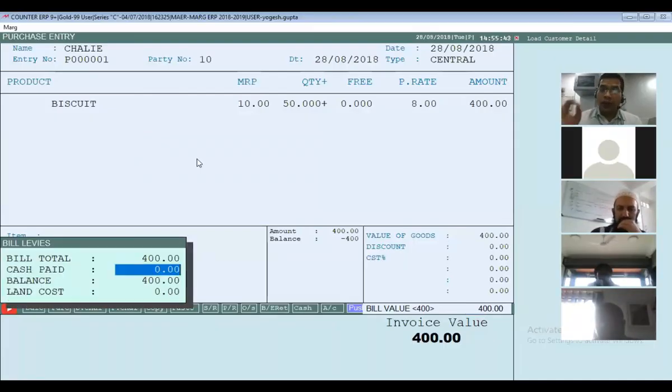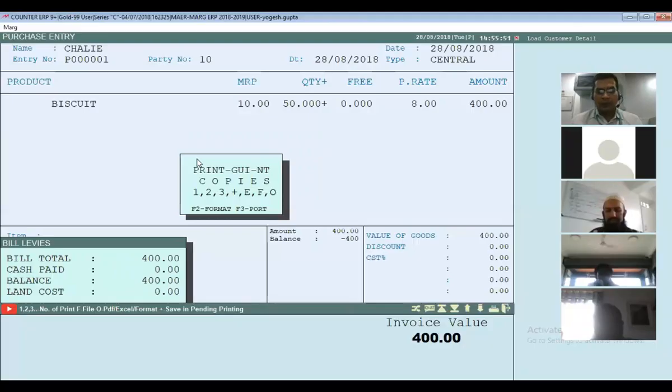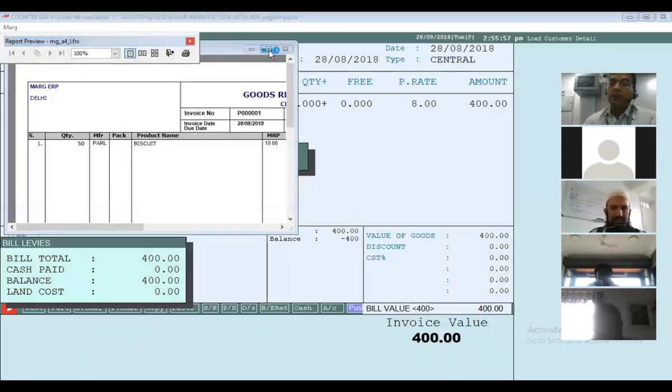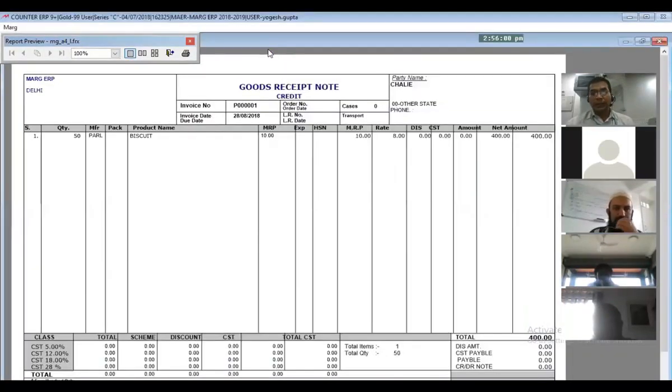Now, if I have given some money in cash, I can define it here as cash, else enter, save it. Now I press F to see the print preview. That is the bill format of my supplier, but when I cut my sale bill, this sale bill would be 100% customizable. We'll do it in our later sessions.